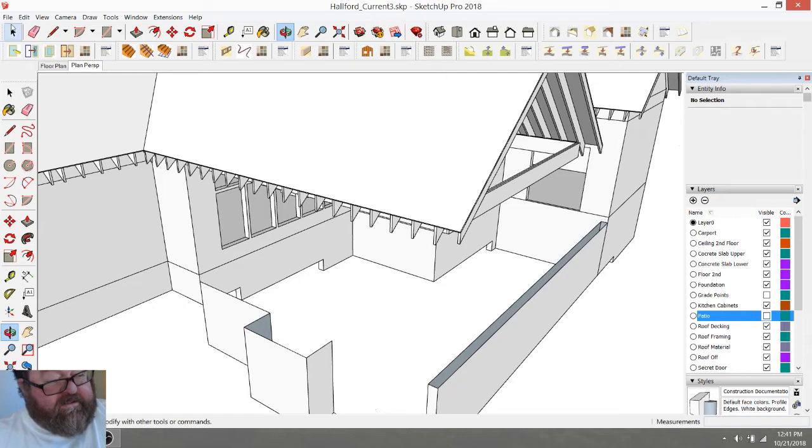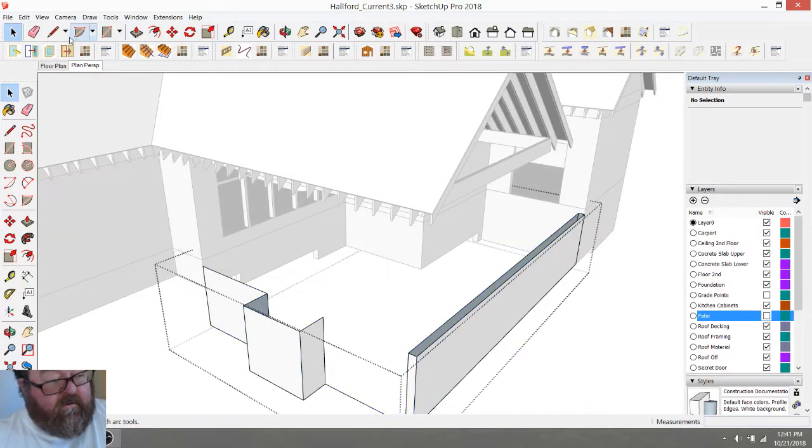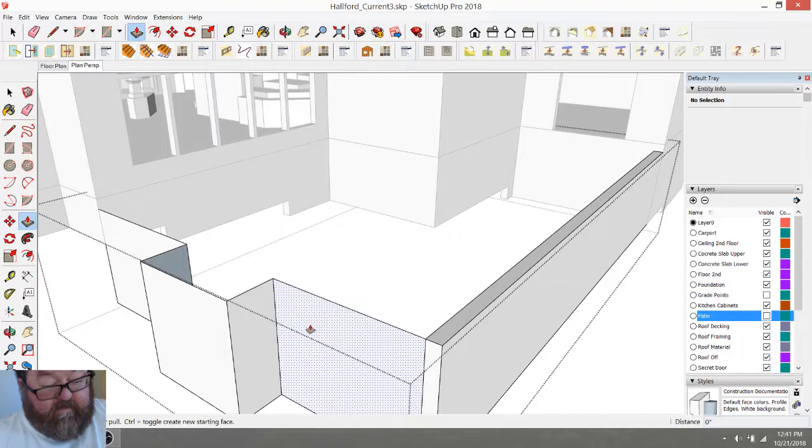Now see, I can edit this layer, and we're back to decent. We're back to CAD standards now. Thank you. Where we want stuff to